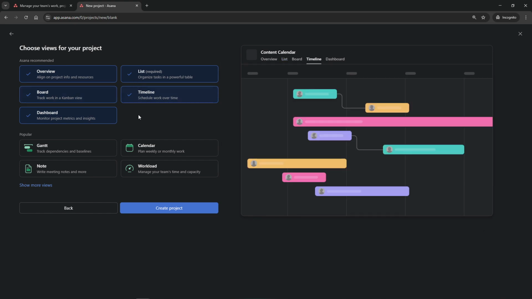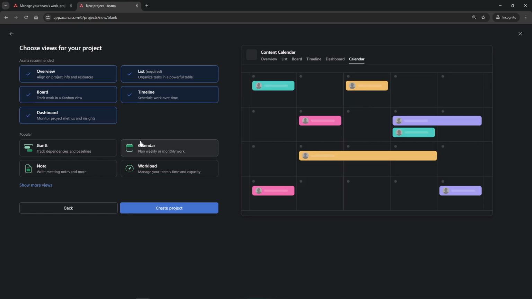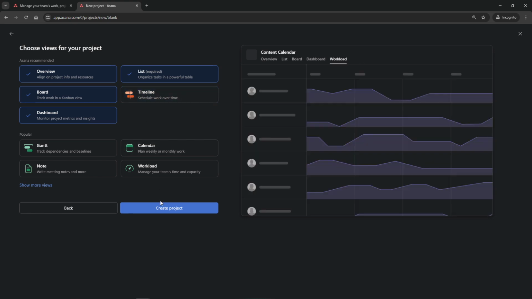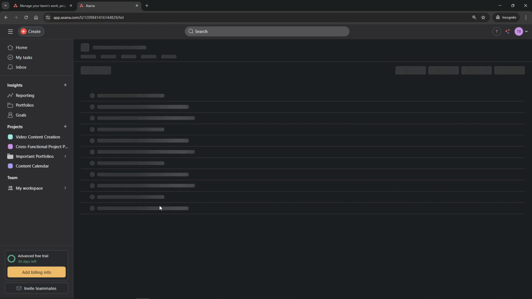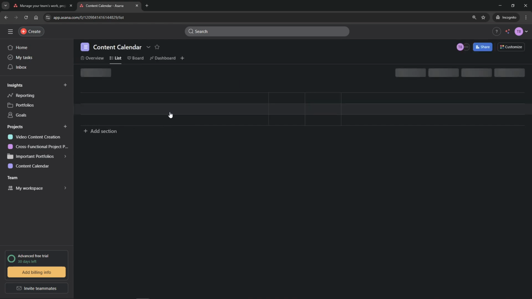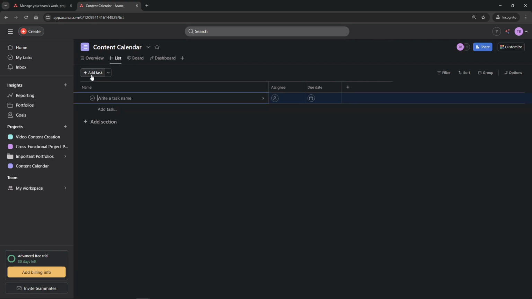Creating and assigning tasks is the heartbeat of Asana. Click on the Add Task button within your project and start by giving your task a clear, concise title. Follow this with a detailed description, making sure anyone assigned knows exactly what's needed. Next, set a due date and assign the task to the right team member. Organization is key, so leverage other features like adding attachments, subtasks, and any relevant links that will support task completion